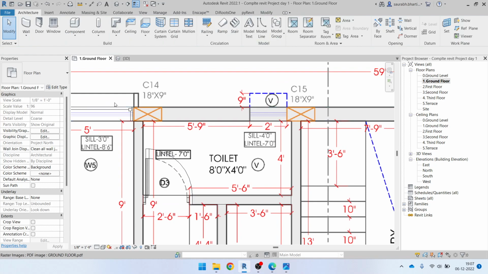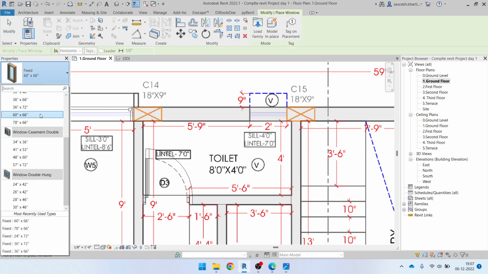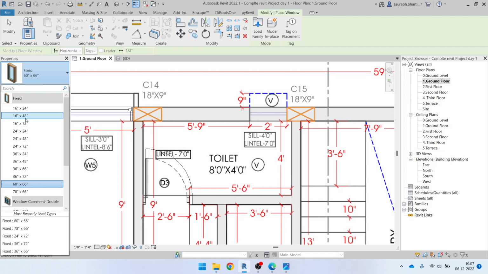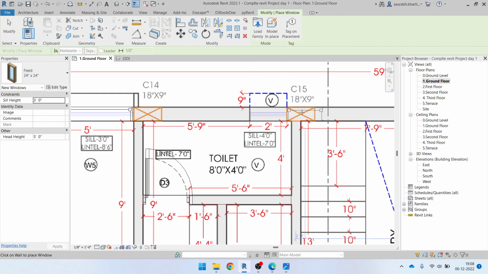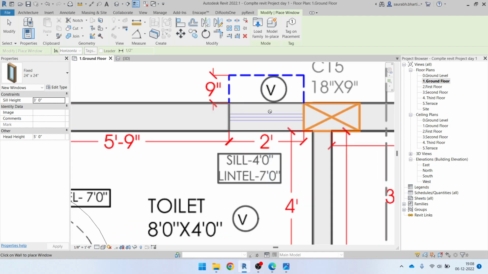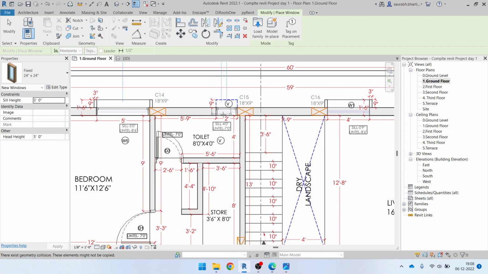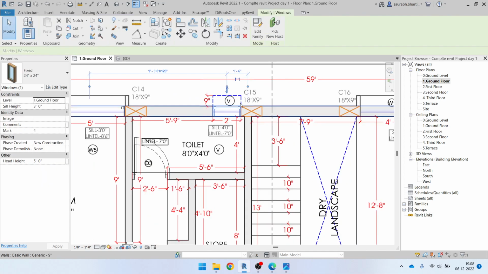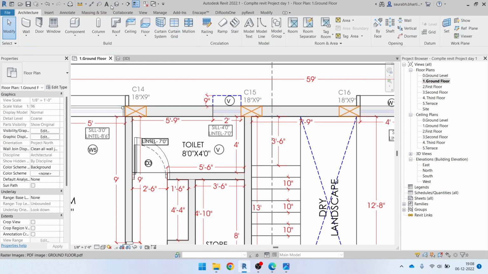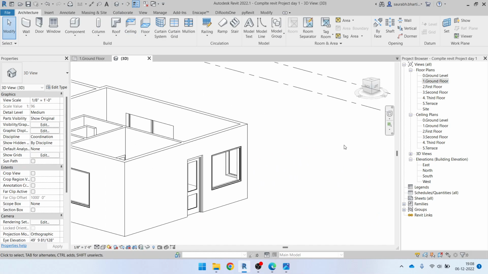And here the window size is 2 feet. So 2 feet is like very small, like 24 inches. Okay, so I think this 24 by 24 could work for us. This is a square window, so I will just select 24 by 24, and then I will just make a window right here. Okay, and the sill height of this window should be a little bit higher, so I will just give it a sill height of 6 feet, and we will match the sill height of it later on. So if you go to 3D view, here,